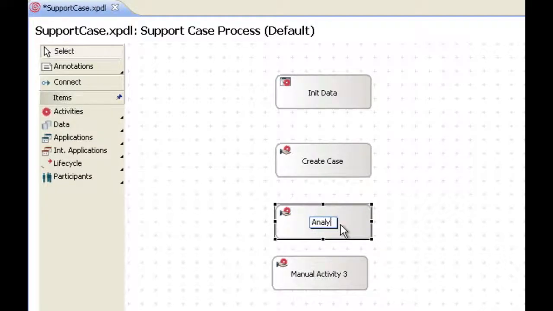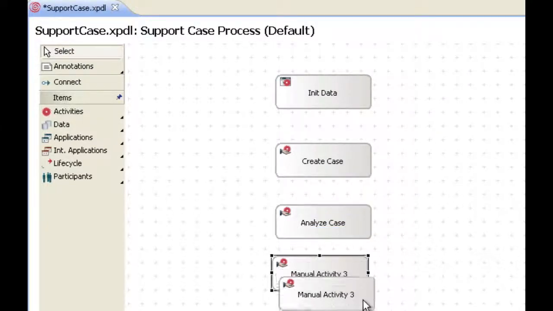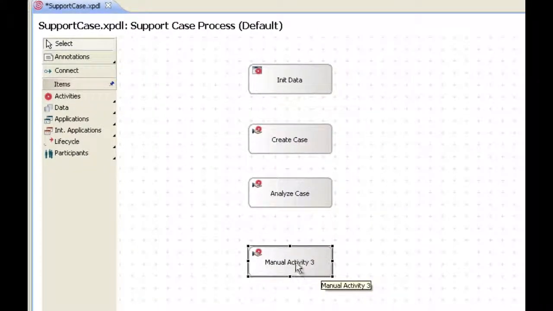The second step is called Analyze Case. That's the step where a technician actually looks at the case. And the third step is called Deliver Patch. That's where we send a solution back to our